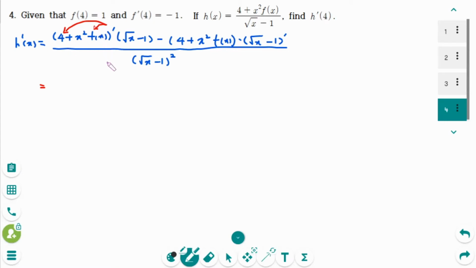Then we have to use the product rule. So x squared prime times f of x plus x squared times f of x prime, which is f prime